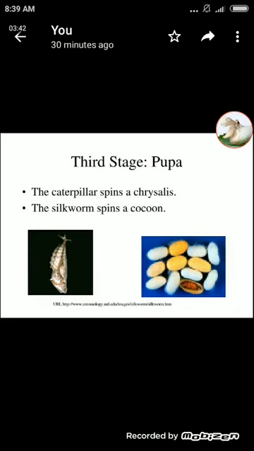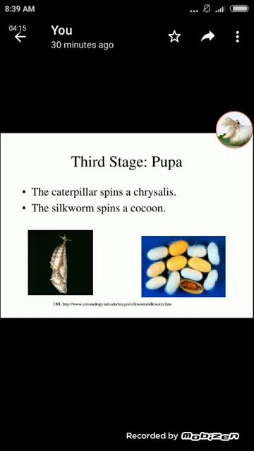During this movement of the head, the caterpillar secretes a sticky fiber made of protein. As it comes in contact with air, this fiber changes into silk fiber, and soon the caterpillar completely covers itself